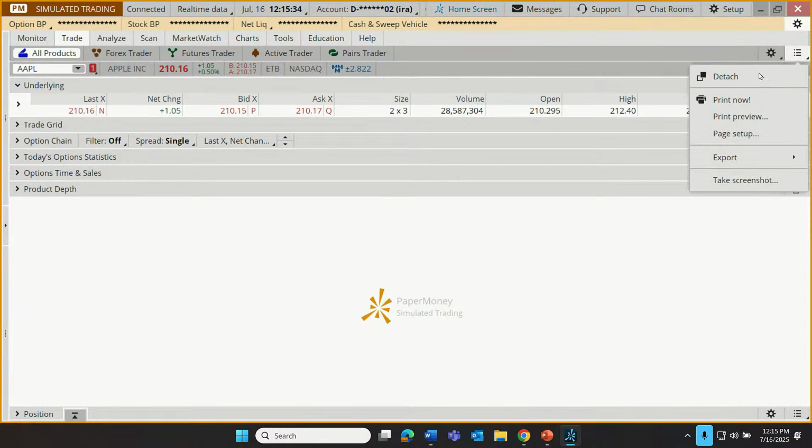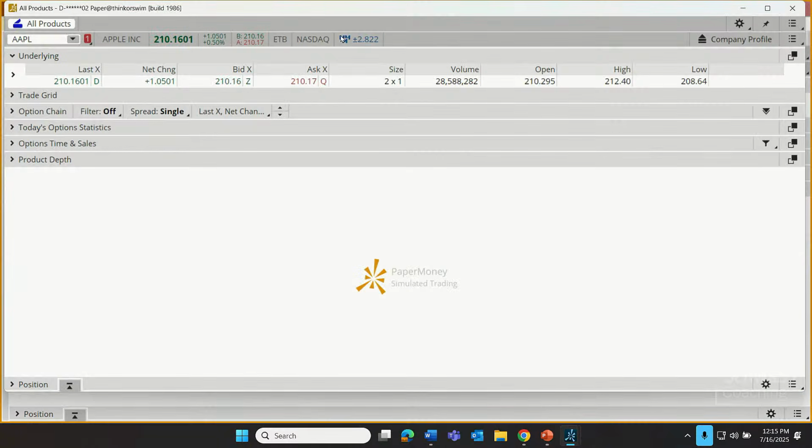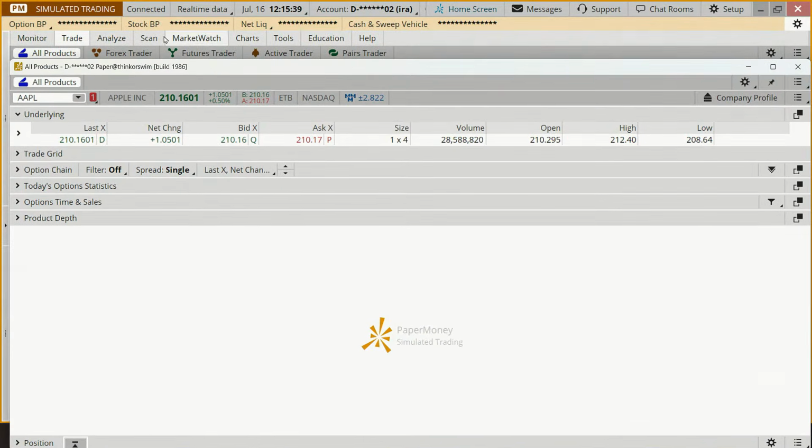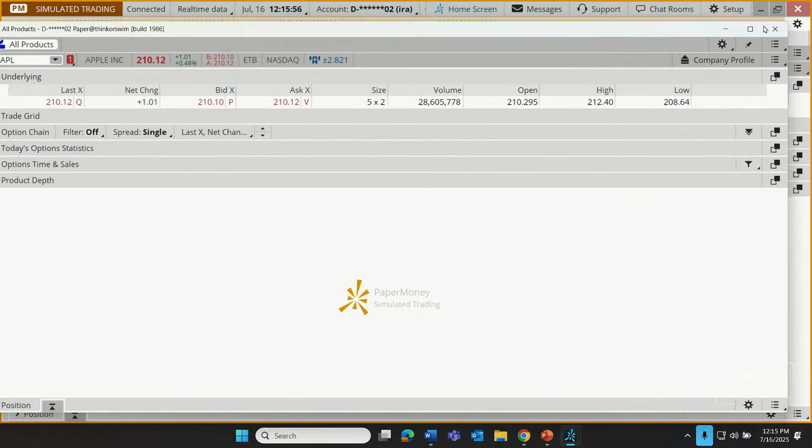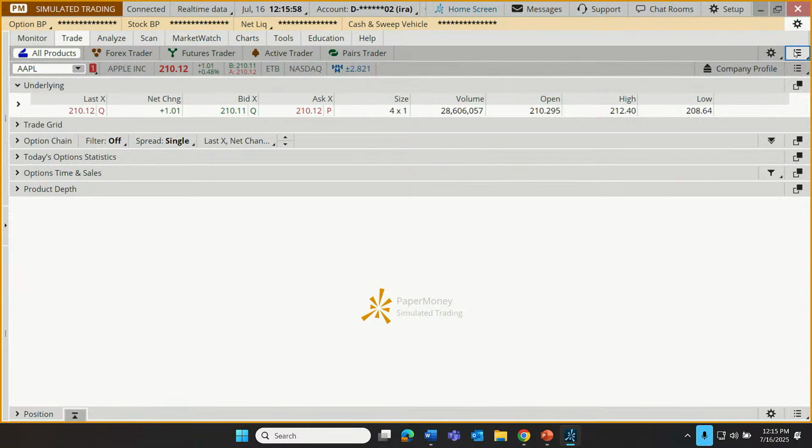So for example, if I click on this and I click detach, it just separates the entire trade tab. It doesn't pull it off the platform. It duplicates it, opens that in its own window. So we can then just shift that over to a side screen if we want to have access to, let's say, charts and the trade tab at the same time. So watch for those detach options. In this case, I launched that from the menu, but you can also see there are detach icons throughout the platform. That's what this stacked set of squares is.